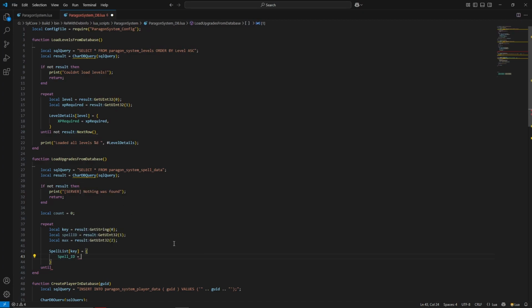This is important that this is spelled the correct way, so keep it as we set it up in the earlier parts of this video. So spell underscore ID is equal to spell ID, because we store the result in here of the first one,